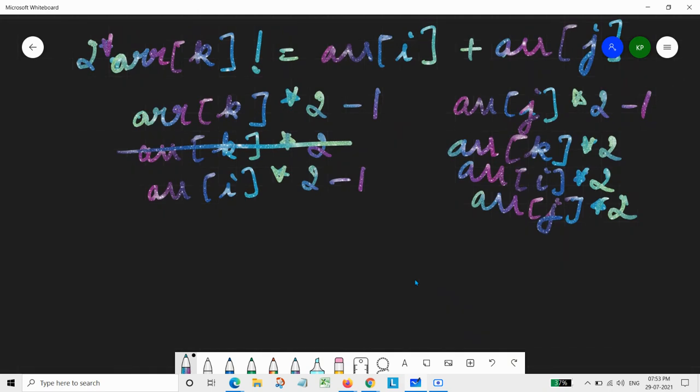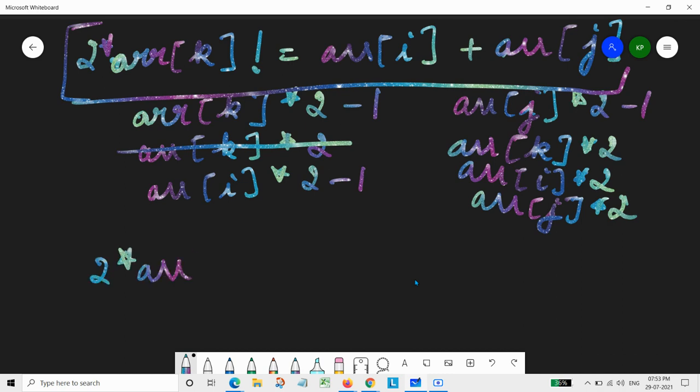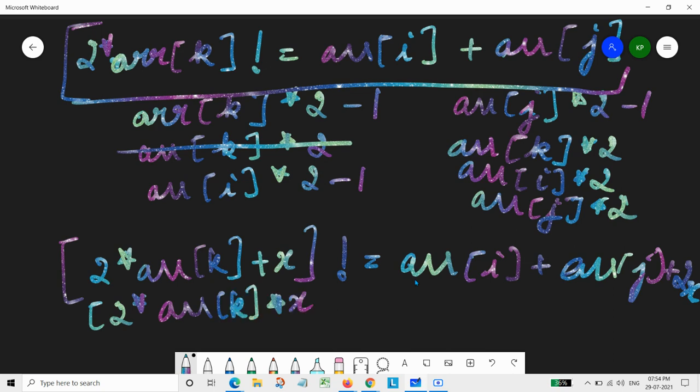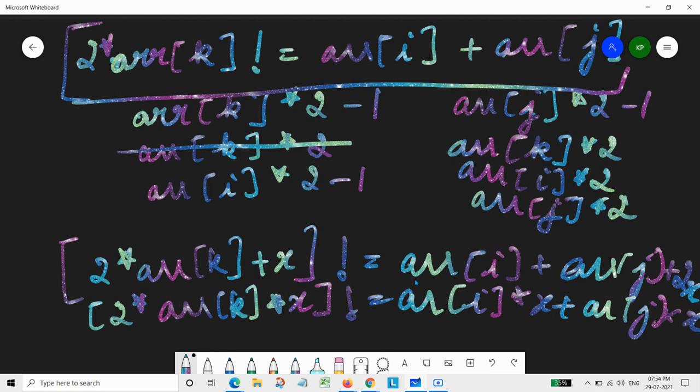Meaning simply, if this relation is being followed, and if we add anything to it, here we will be adding 2 times, so 2x, or if we multiply anything to it, in this relation only, then it will again come up with the previous relation which was there.